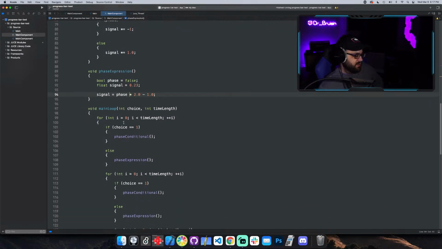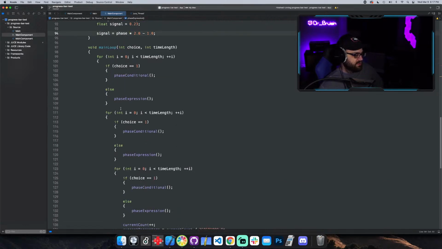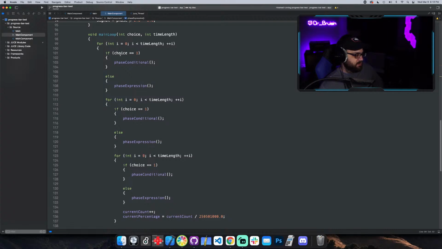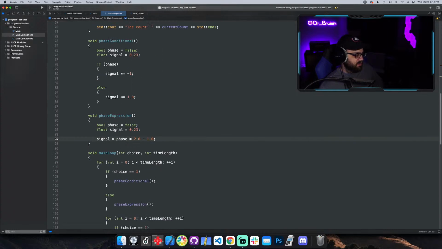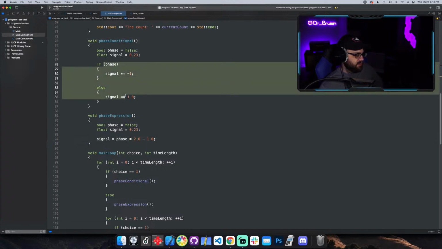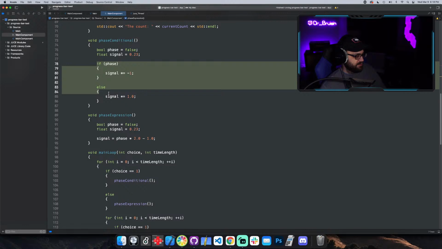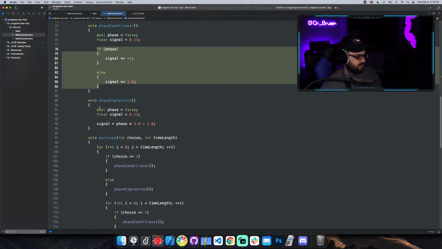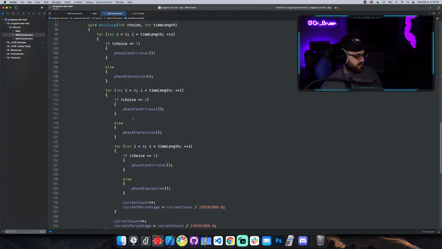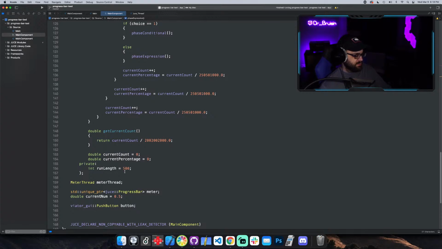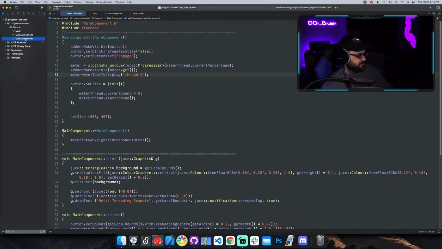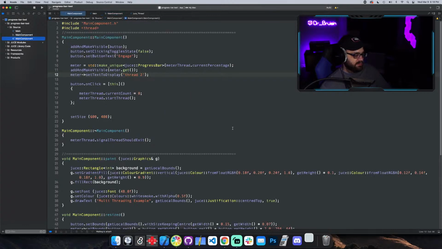So what I'm doing is I've got 3 for loops inside of each other, each one doing either the phase condition, so the phase one, and then one doing the phase expression. And I'm seeing how long each one takes. So how long the if-else version takes, and how long the mathematical expression one takes. So I can change how many times it runs. I have a run length of 500 for each loop. So what I'm doing is, if we watch the console,